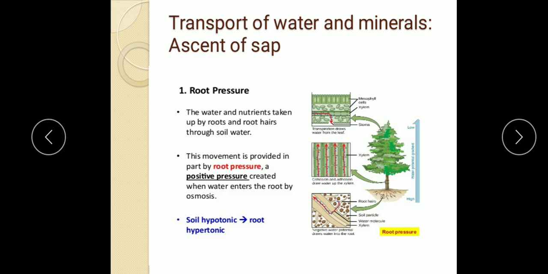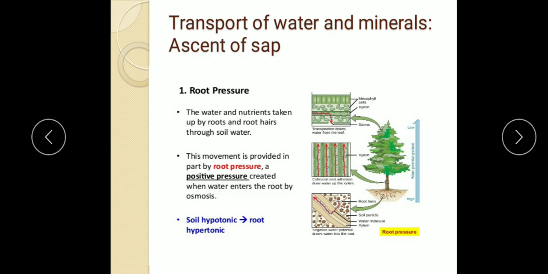So the transport of water and minerals in plant occurs, and root hair cells absorb mineral salts by active transport. Mineral salts then reach the root cortex, and root hair cells also absorb water from the soil through osmosis. This we have discussed already. And mineral salts get accumulated in the xylem, and the water concentration gets reduced in it. This creates a concentration gradient that is strong enough to draw water and minerals to move towards the stem.